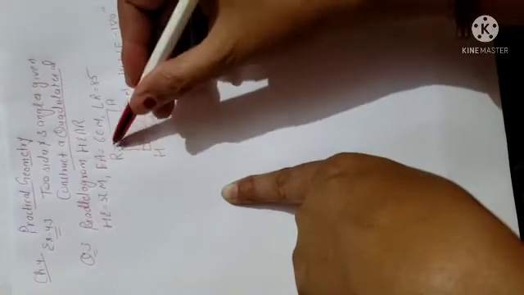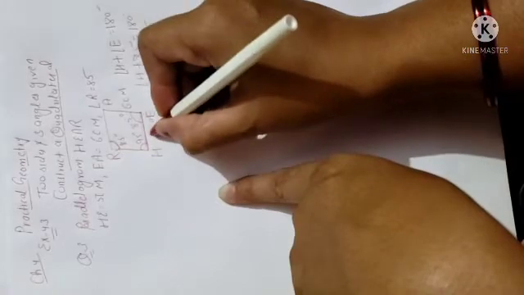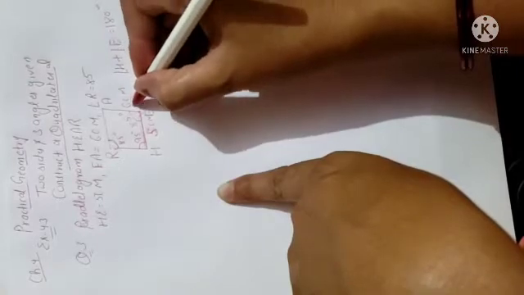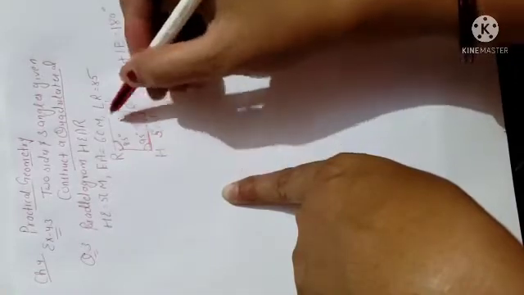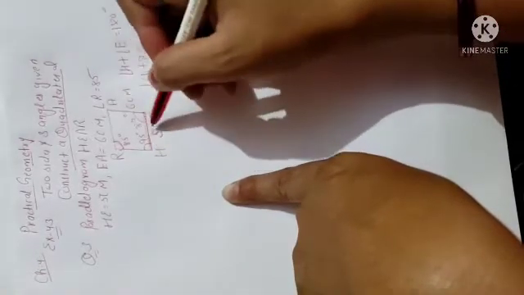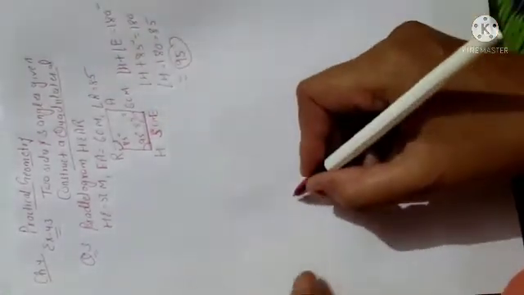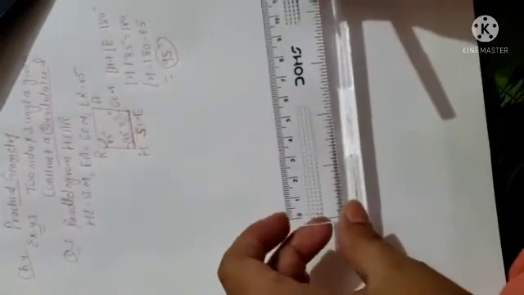You can see on this side, HE side, the side length is already given as 5 centimeter and both the angles are given. If you take this other side, the length is given but only one angle is given. If you take the opposite of this angle, it will be 95 also. So you can take any one side from both of them. For example, I am taking the side HE. So first step, what will you do, beta? You will take HE 5 centimeter with the help of ruler, compass and D, and you will draw the parallelogram HEAR.